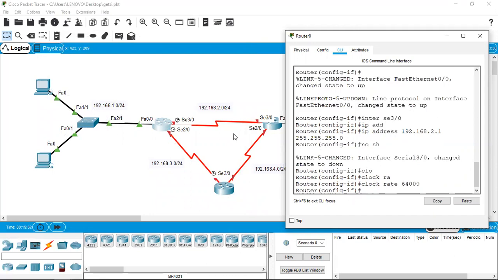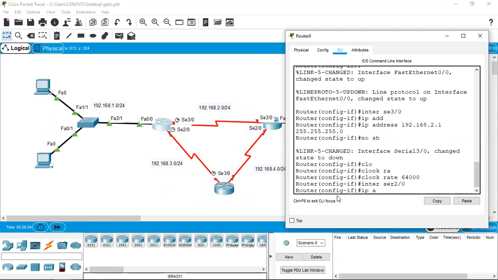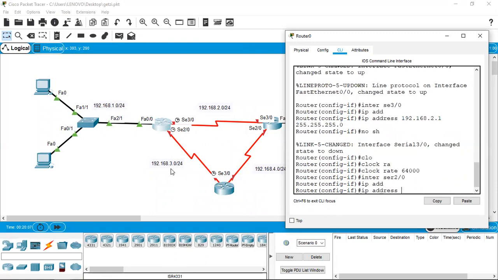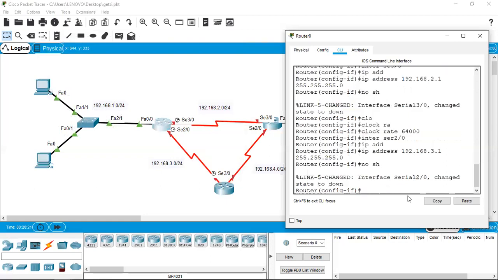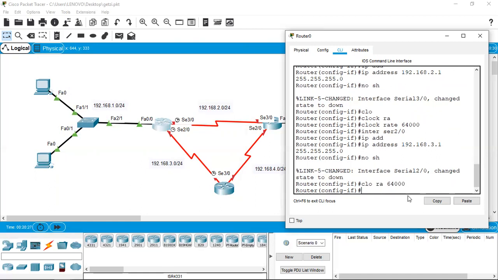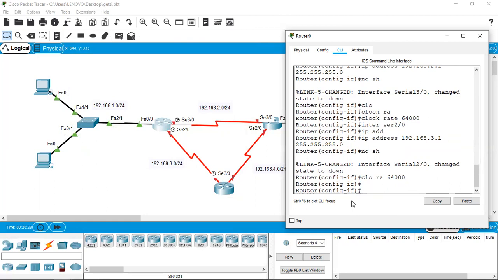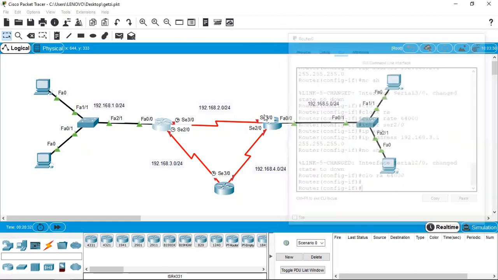Now in parallel, before getting into the other router, we can configure this link also, probably serial 2/0. Let's assign IP address. So interface serial 2/0, and the IP address which I have decided to go for is 3.1 because it is in this wide area network. So I give 192.168.3.1 with the default mask, and I have given no shutdown command, and I also give clock rate as 64000. I think I have completed assigning the IP address to these interfaces of this router.